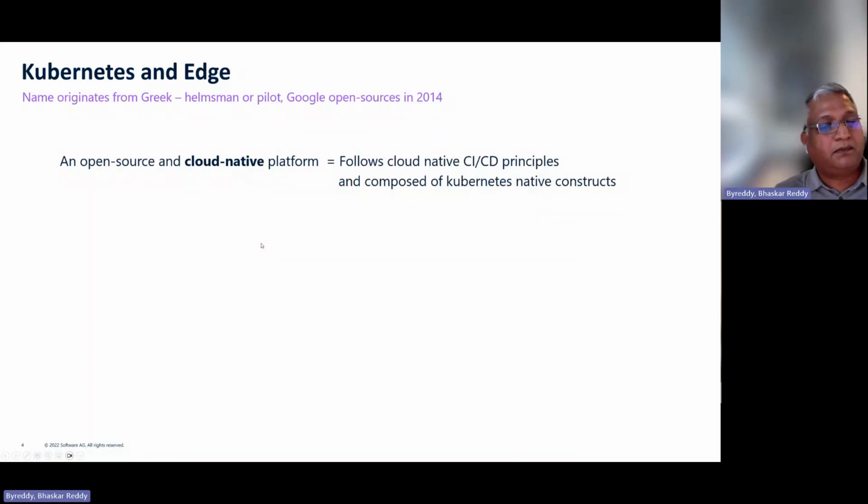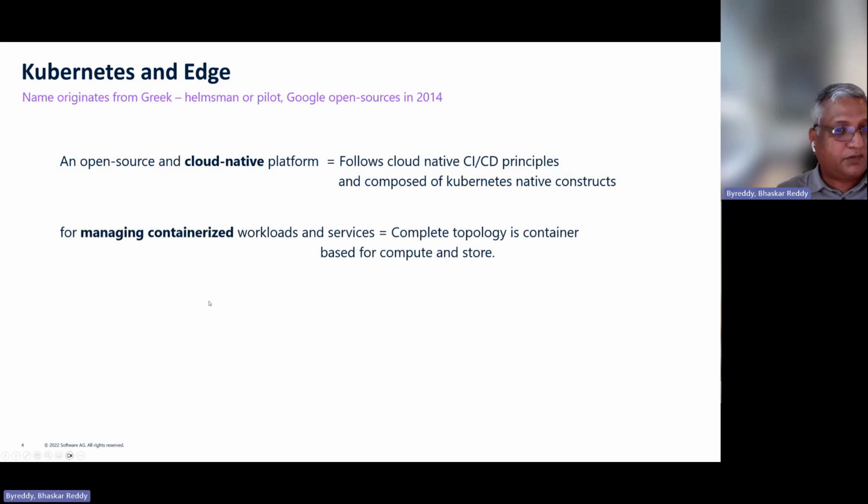Kubernetes is an open source, cloud native platform that allows, in the case of Edge, to leverage CI/CD principles and much more natively, using native Kubernetes resources to deploy the Cumulocity platform. And Kubernetes allows you to manage containerized workloads and services, which is also leveraged by Edge, with Edge being deployed using